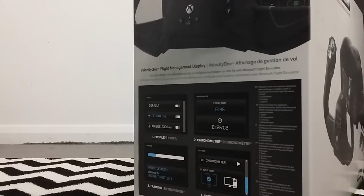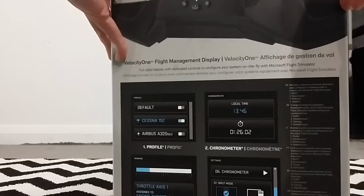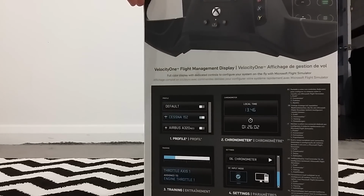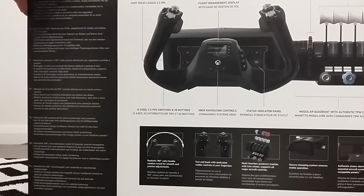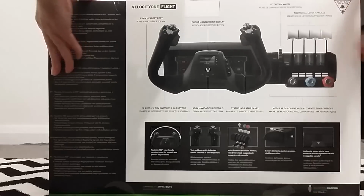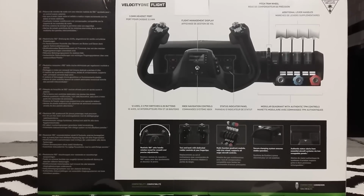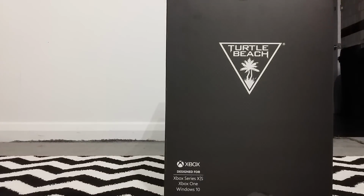First, let's show you the box as far as I can. So that's the side of the box. Let me get that back into view of the camera. I hope that will do. So it just gives you basically different functions of the Flight Yoke system and its various different utilities. Nothing fantastic about the box itself. A box is a box, but I'll just show you how the box comes for those of you who may want it. There's the back of the box. Get that into proper view. So that's the back of the box. There we go, that's better. And we'll get round the other side of the box. Yeah, well there you go. Just got Turtle Beach in it. Nothing